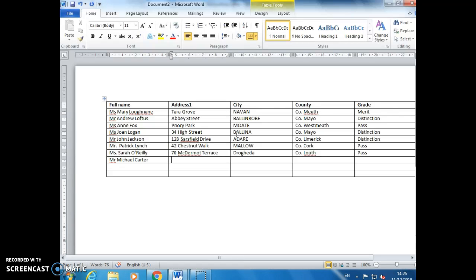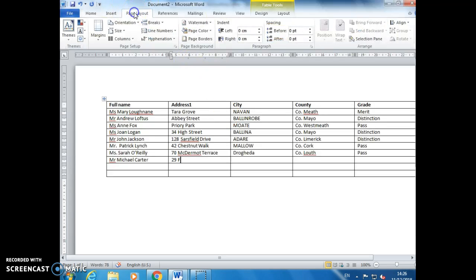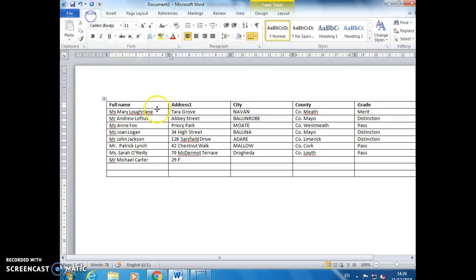So where's the page layout? It's on page layout to get the orientation. Landscape. Okay, so that again, page layout, landscape is how you get that. You might have to highlight it. Okay. No, just put in the